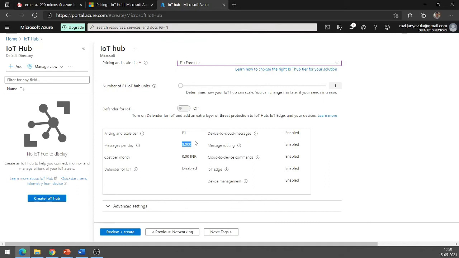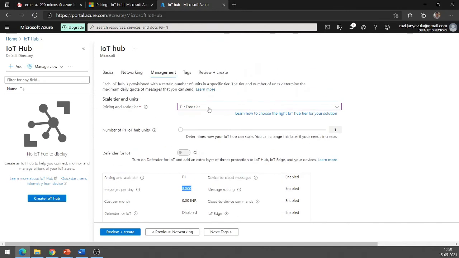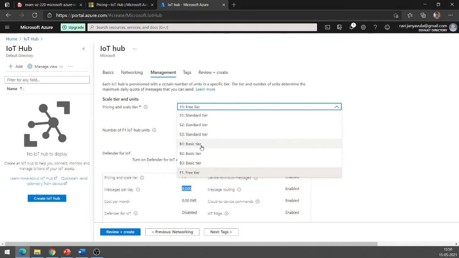The main intention of the free tier is for POCs and trying out scenarios, and less for productionization. For productionizing, based on the requirement, you need to go for either a basic tier or a standard tier. Only for trying out and POCs, you can go for the free tier. Another limitation here is, if you are selecting an IoT hub in the free tier and doing a POC, and after doing a POC, you want to take it into your development, staging, and production like that, right?